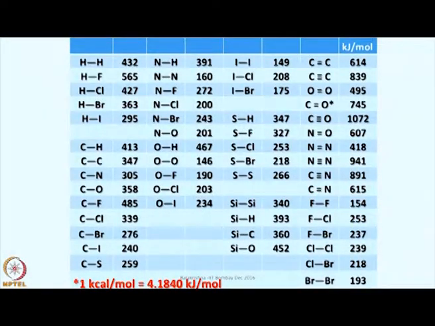You can see a lot of interesting data is available here. We shall discuss all these things as and when we come across them, when I start discussing the chemistry of main group elements group-wise. Once the bonding concept is over, I have more or less completed the structure and bonding concepts. In my next lecture, I will be discussing the chemistry of hydrogen.